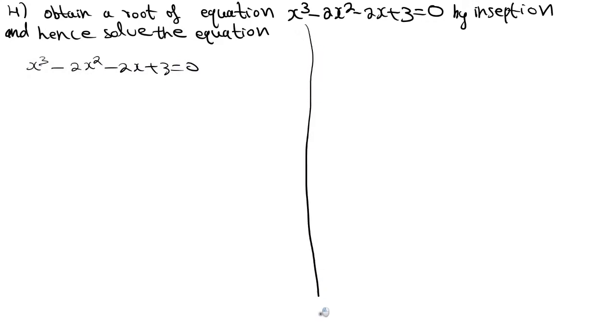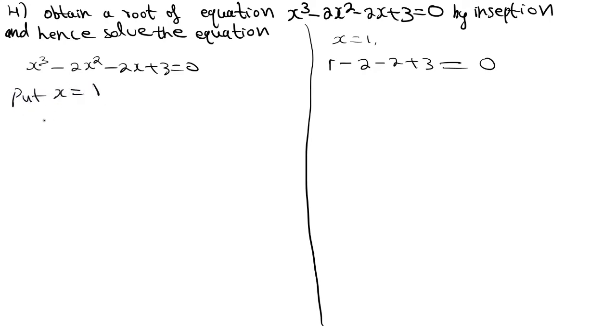Suppose I am putting x equal to 1 here. See, x equal to 1 means what you will get? 1 cube 1, minus 2, minus 2, plus 3. Okay, 1 minus 2 minus 2, minus 4. Okay, minus 4 and plus 1, it's equal to minus 3 plus 3. Here you are getting equal to 0. So x equal to 1 is possible. Okay, so put x equal to 1.